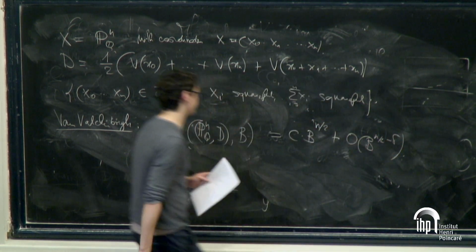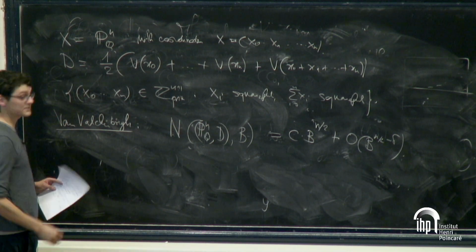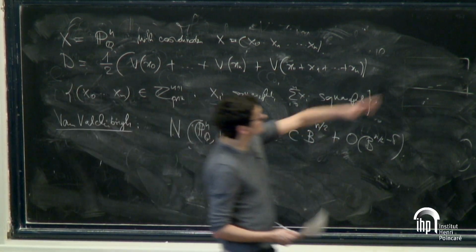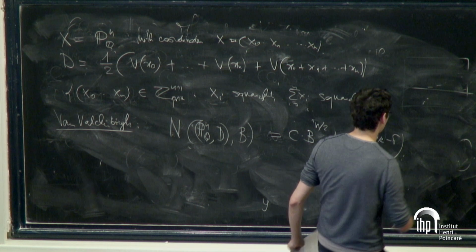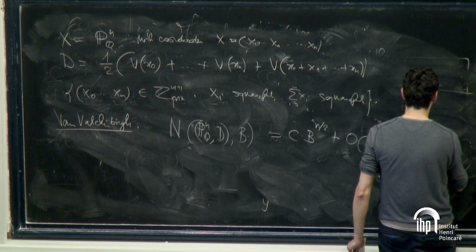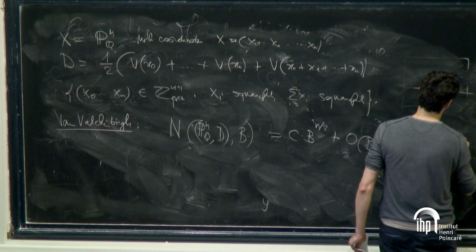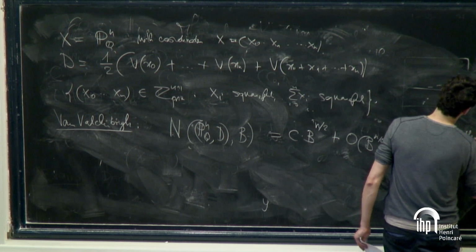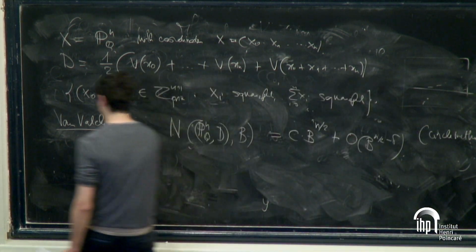And this is using very different methods than the harmonic analysis tools used by Chamberlois and Schinkel, so using the circle method. And very recently, this has been generalized by